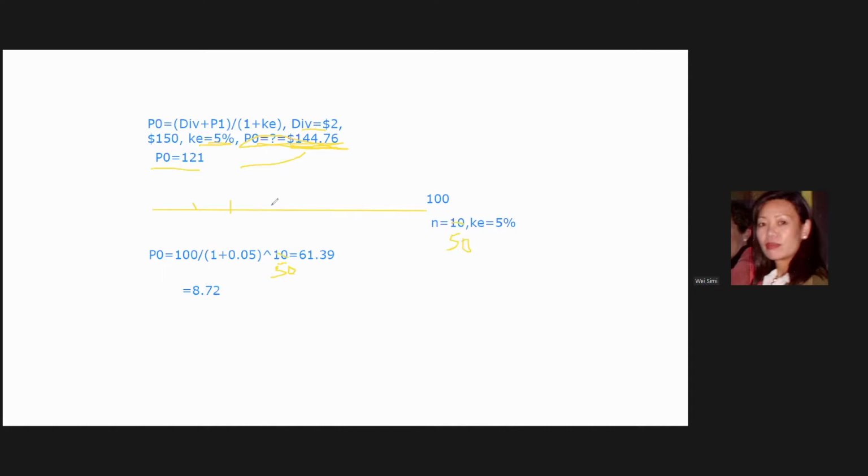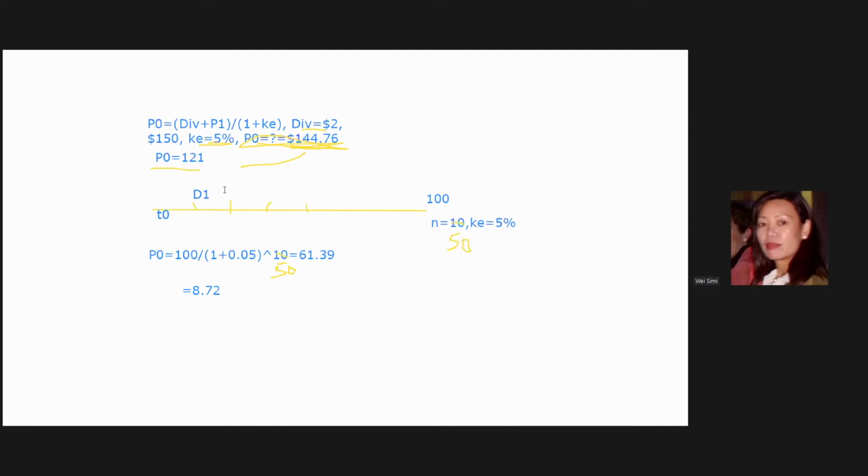So this is period 1, period 2, period n. Each period has a dividend. This is dividend 1, D1. Today is 0, so this is T0. You need to know today. This is very important, and you're very soon going to get confused, because today is very important. We're pricing P0 as the present value today. Then you can make a decision: should I buy or sell? Today, make an excellent decision based on what the future looks like.